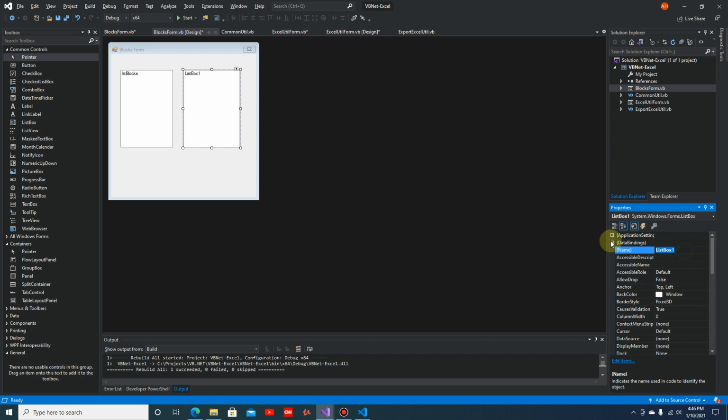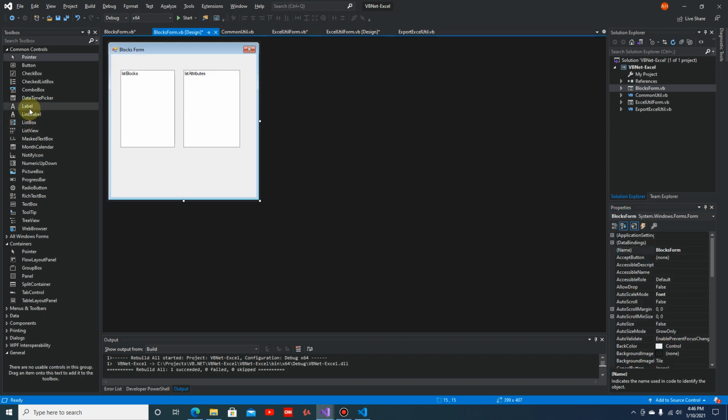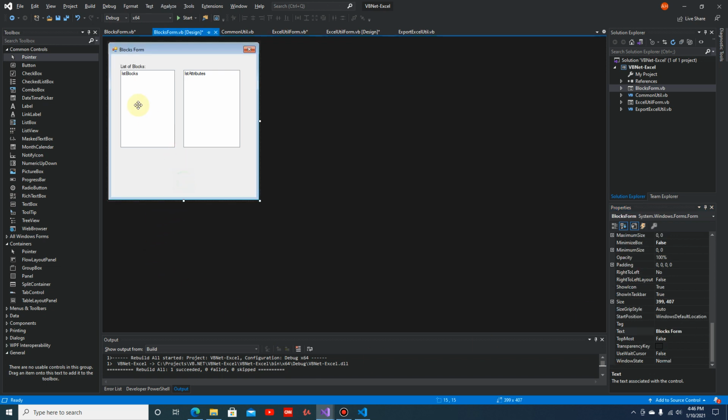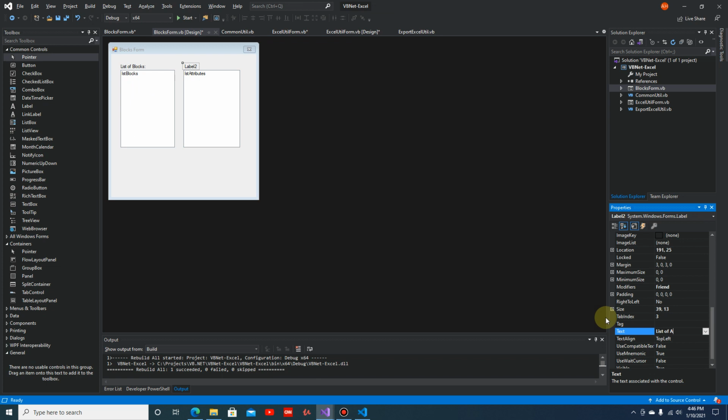So let's call this LST attributes. And then let's just provide some label here. Let's say we call this list of blocks, and another label here to inform the user that this is the list of attributes. Okay,